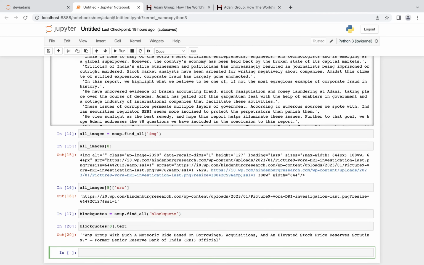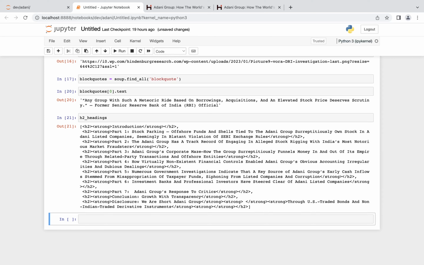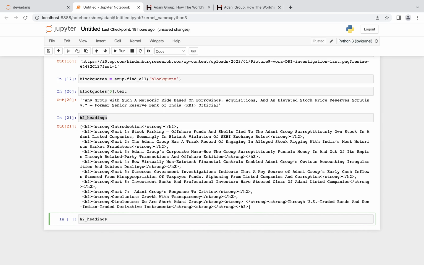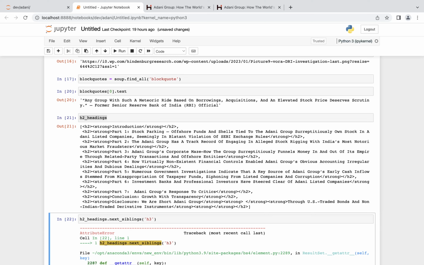And we know that we have already obtained these H2 headings. Okay, so here we got a bunch of them. So let's say we want to figure out what all are the subheadings, that is H3 headings, that correspond to the first H2 heading, like the first main heading. H2 heading you can call it main heading. So in order to find that, I'll say next siblings, and here I'll just say H3. So all next siblings which have